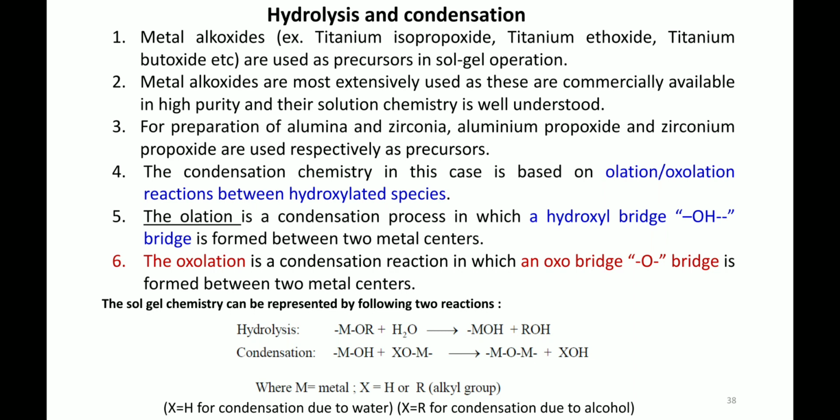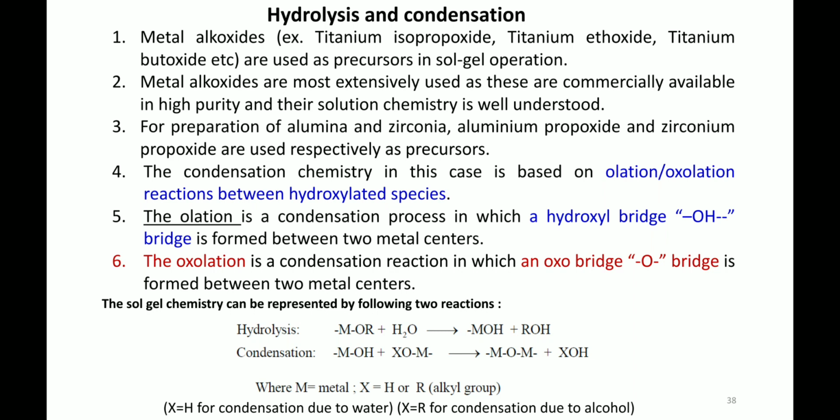Two important steps are continuously happening during these stages, which are called hydrolysis and condensation. These are the two important steps which continuously take place during the formation of sol and gel. So let us try to understand how these hydrolysis and condensations are